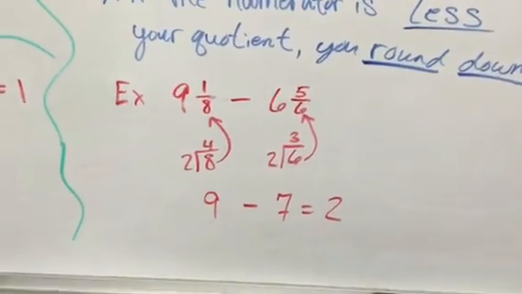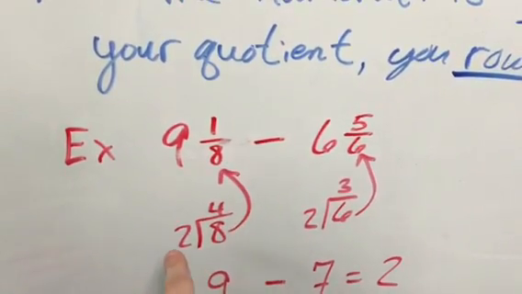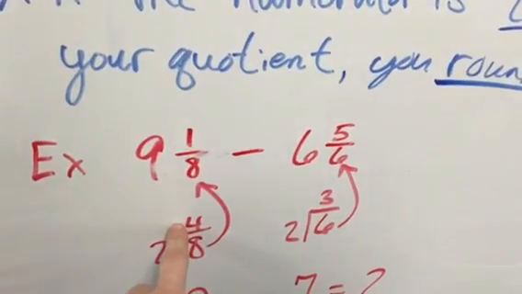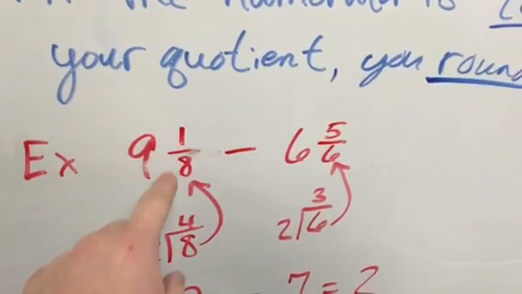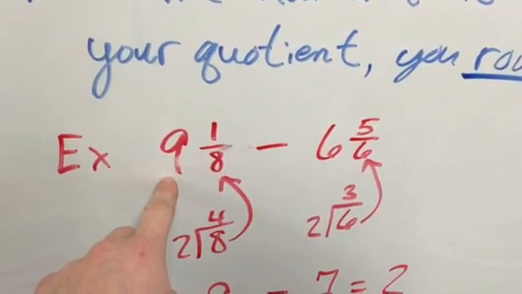Again, looking at my second example, I take my denominator of 8 from right there, and I divide it by 2, which gives me an answer of 4. Since my numerator is less than my quotient, I'm going to keep my number as 9, or